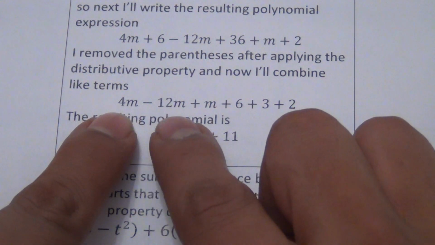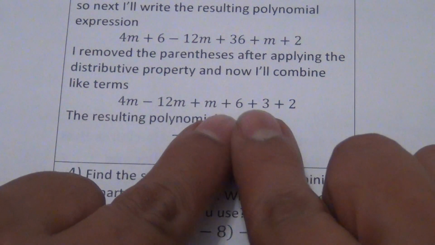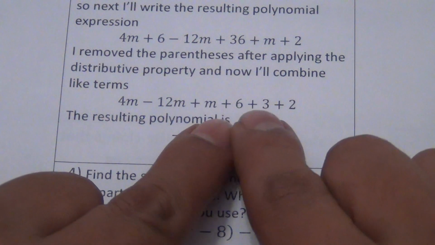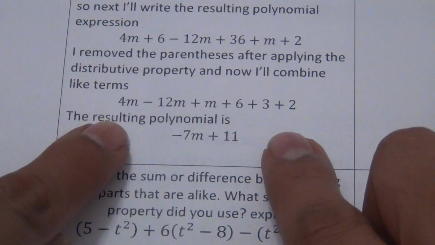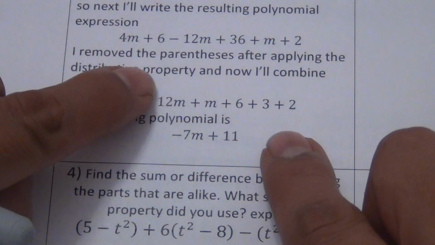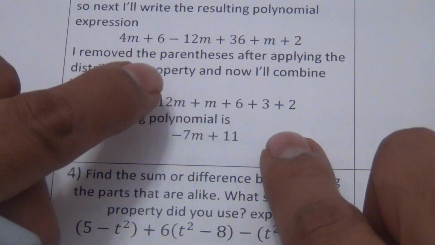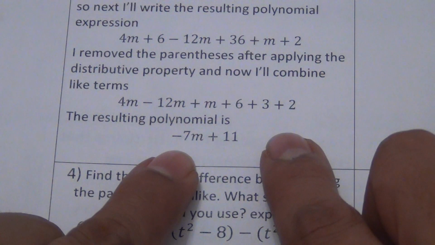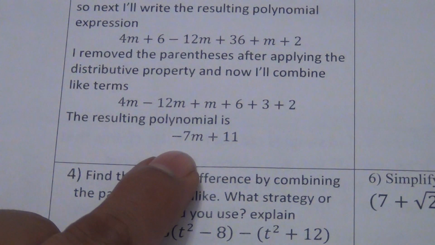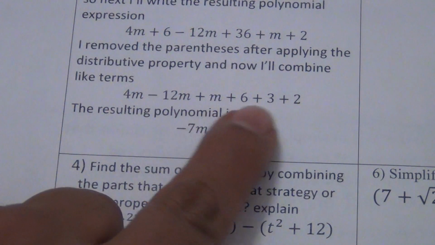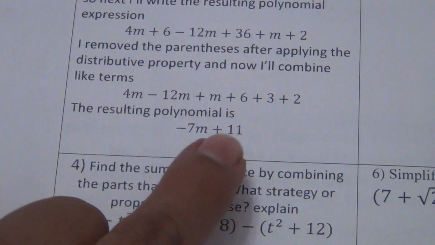4m minus 12m plus m, they go together. 6 plus 3 plus 2, natural numbers together. So then what do I get at the end? Well, 4 minus 12 is negative 8. Negative 8 plus 1m is negative 7m. See that? You could use the calculator if you want to. And then 6 plus 3 is 9, plus 2, 11. Boom,